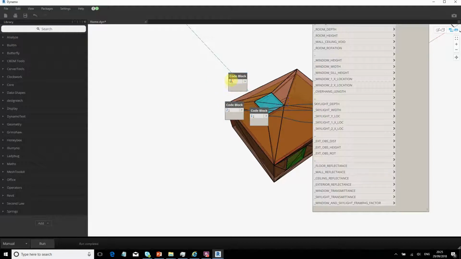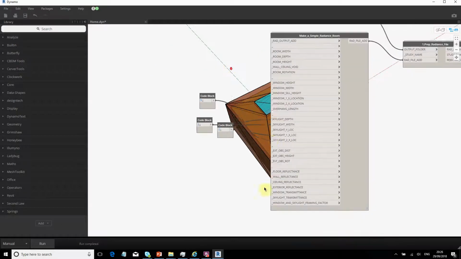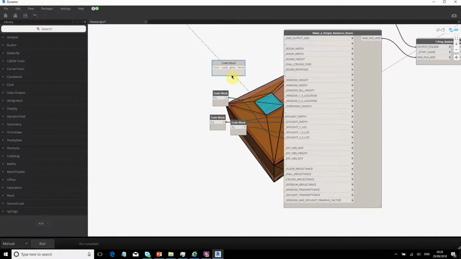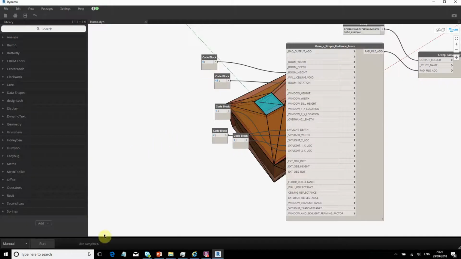So I'm going to put in like 2 skylights. Let me put that in at 5. Skylight location. Yeah, so 2 and 5. That, yes, that'll fit, won't it? And I'm going to rotate my room 45 degrees and, for some crazy reason, it is 4 meters high. Right, save again. So if I run that now,